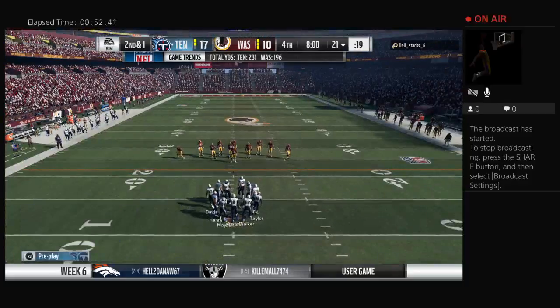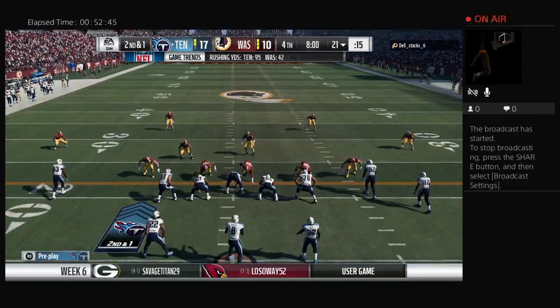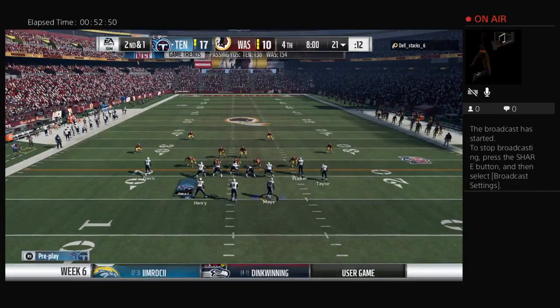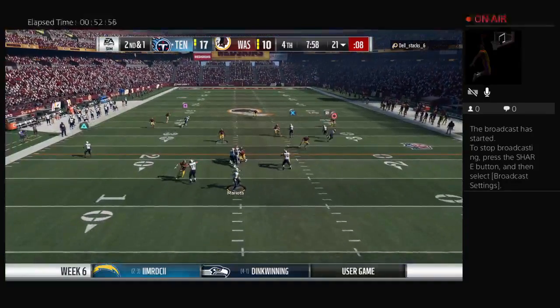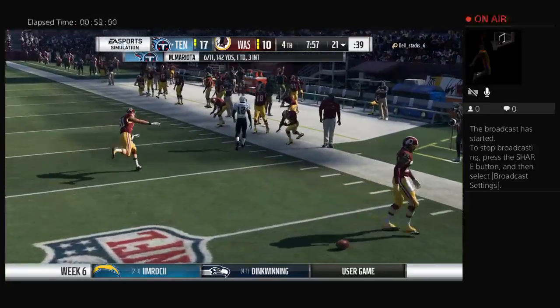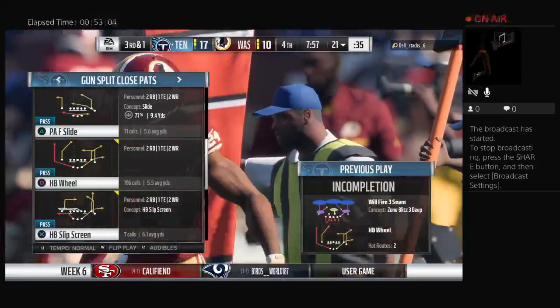Second and just 1. And the D-line pinching together must be expecting the run. Mariota now on 2nd down. And this one's incomplete. Timing's crucial in any route thrown, but when you throw an out, so many things are